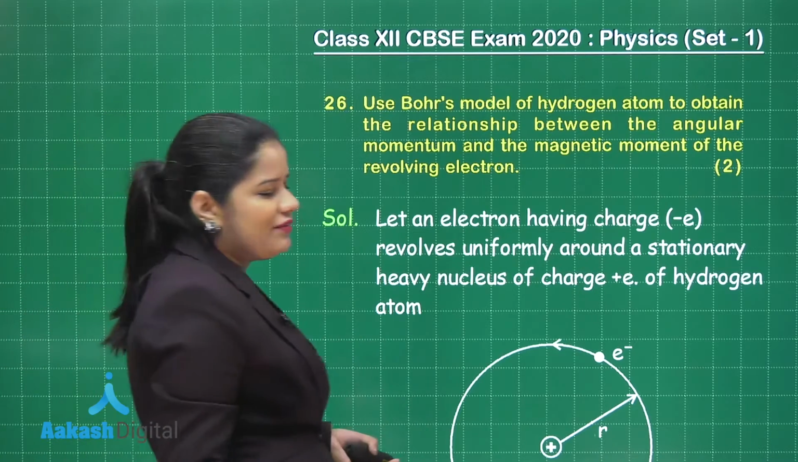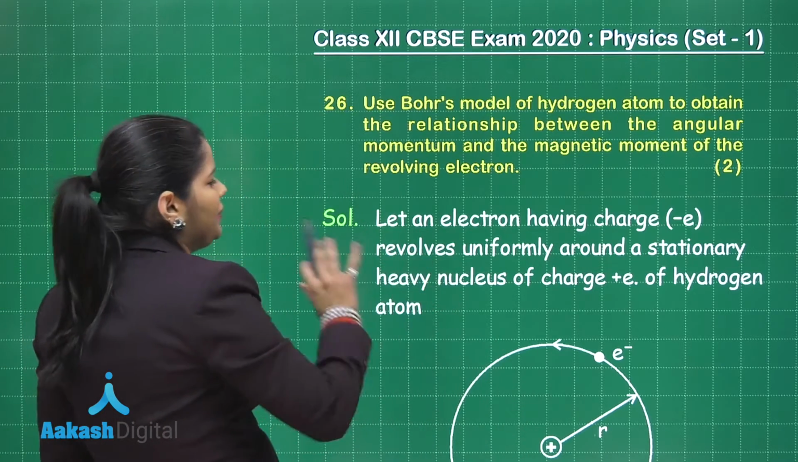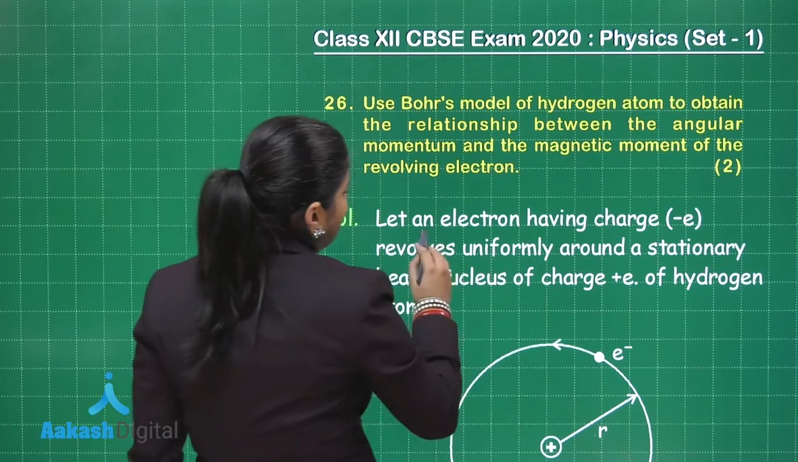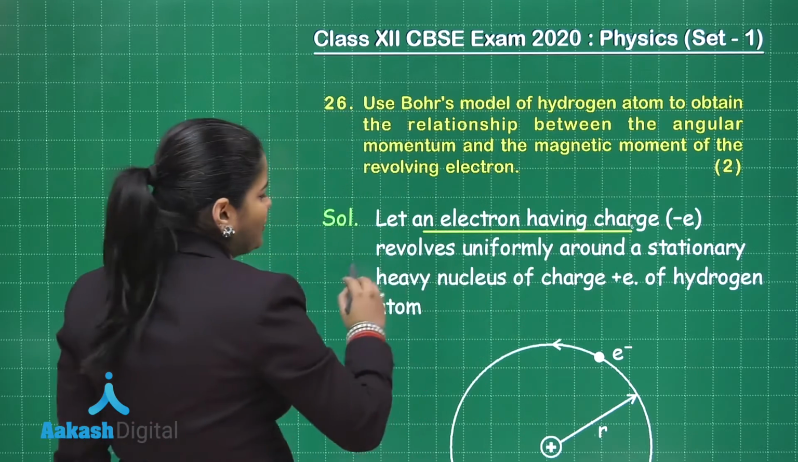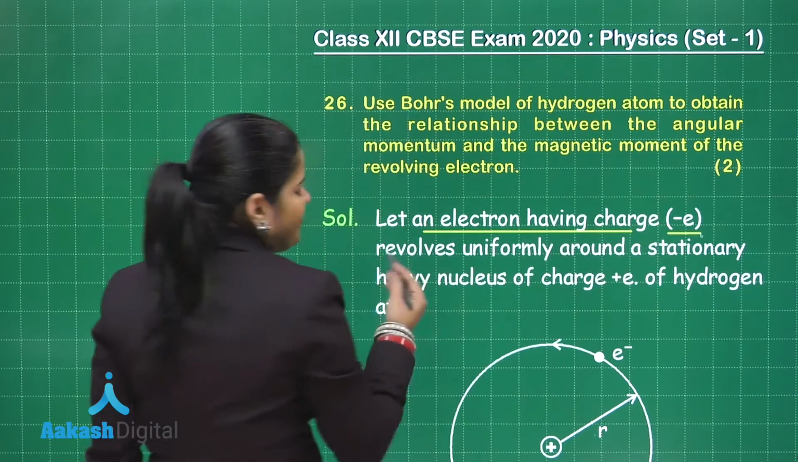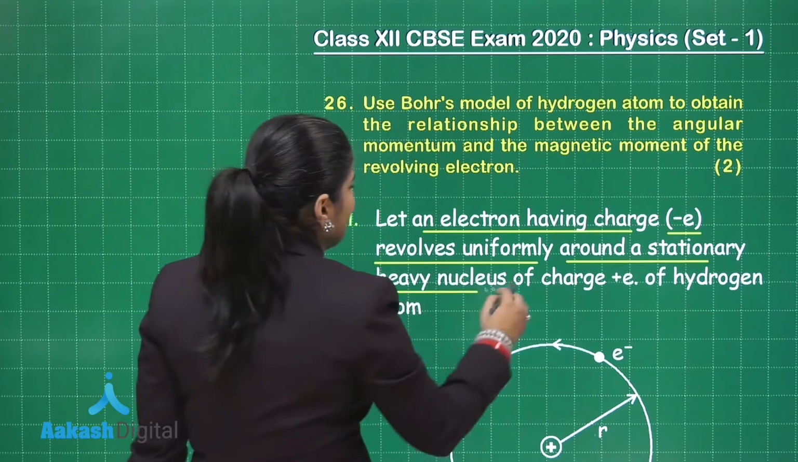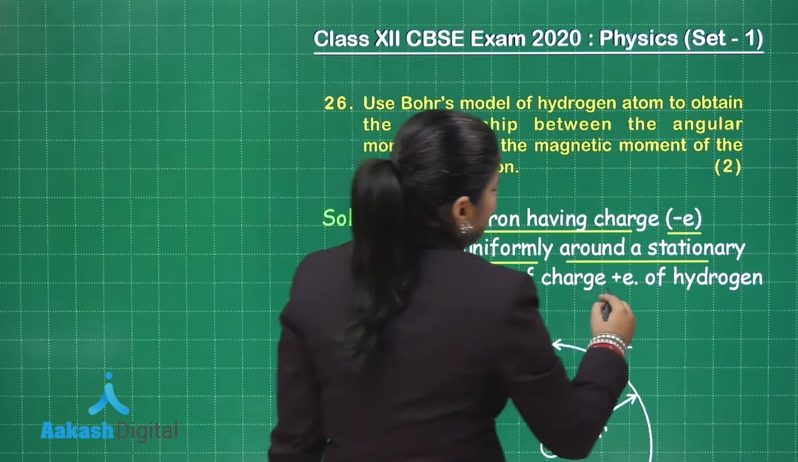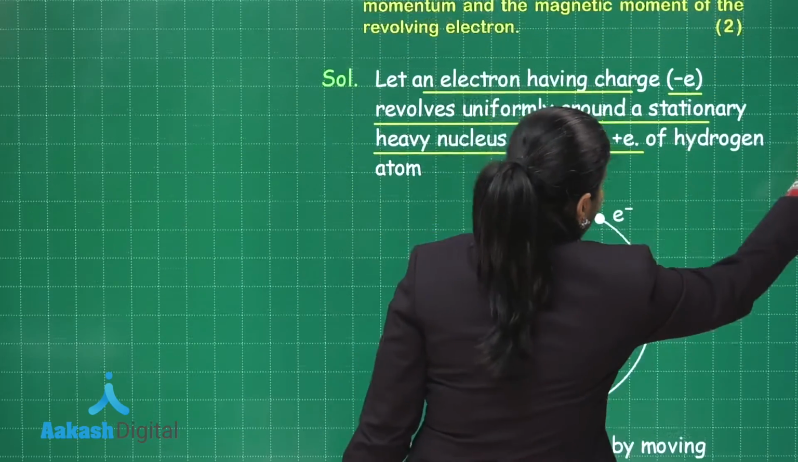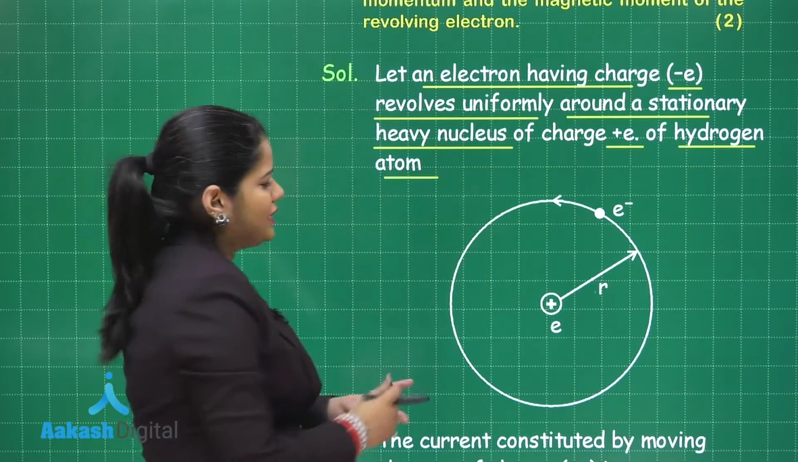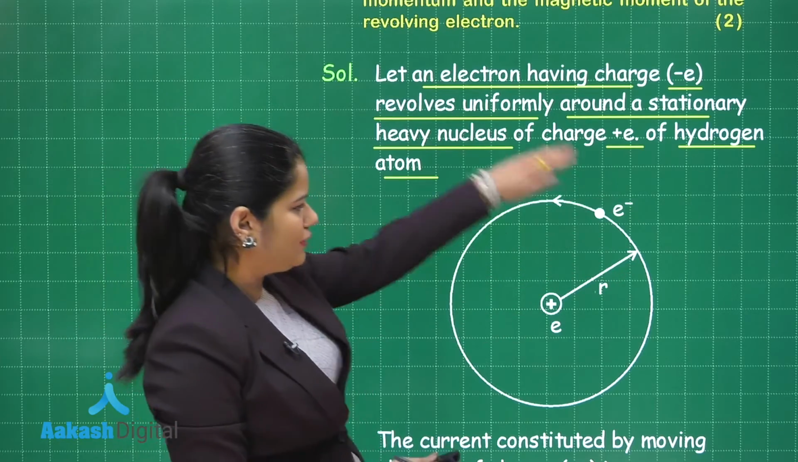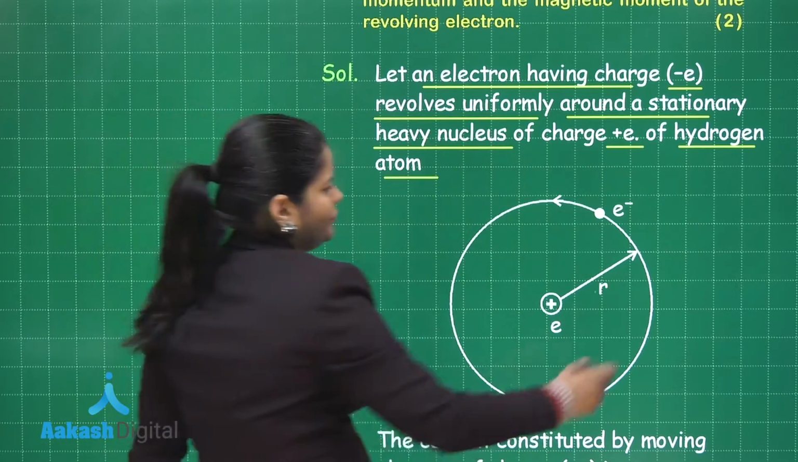Like in any other derivation, you first have to write the complete explanation: let us suppose we have this electron, which has the charge minus e, that is revolving uniformly around a stationary heavy nucleus of charge plus e of the hydrogen atom. So this is the hydrogen atom, the nucleus, and the electron that is revolving. Now here,